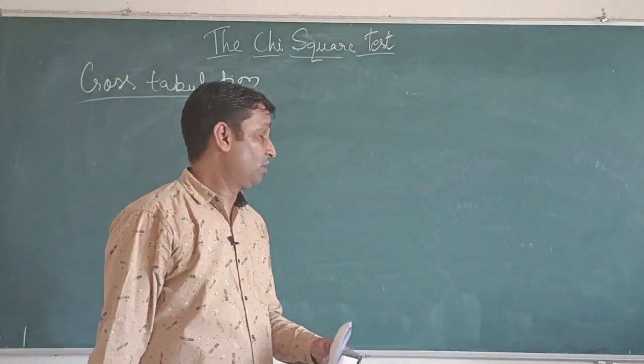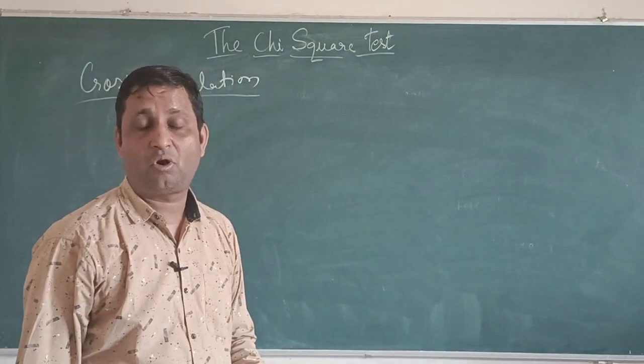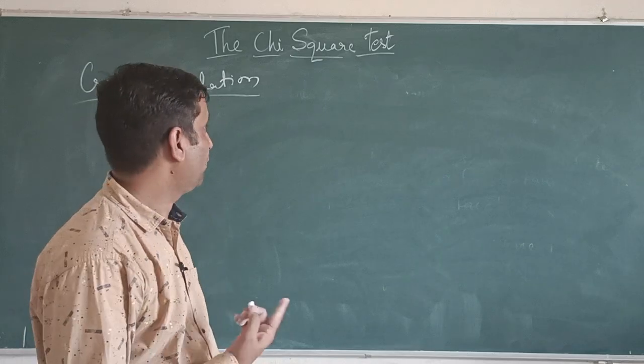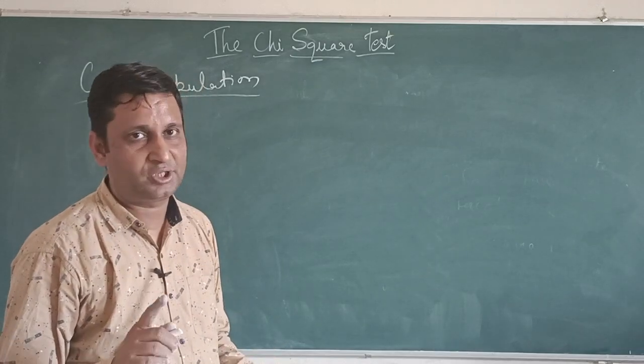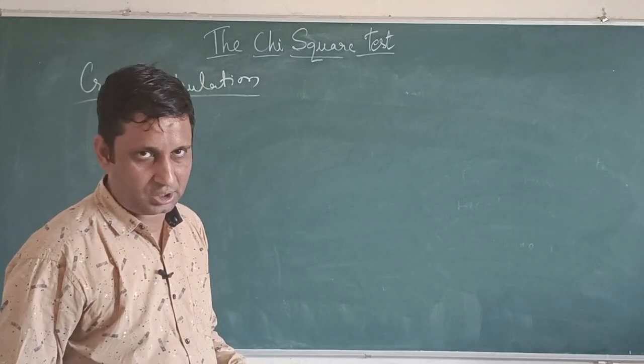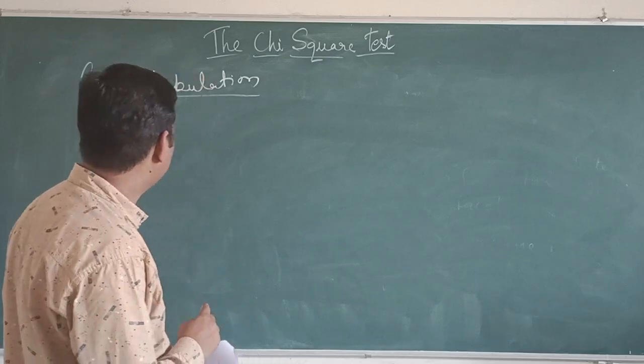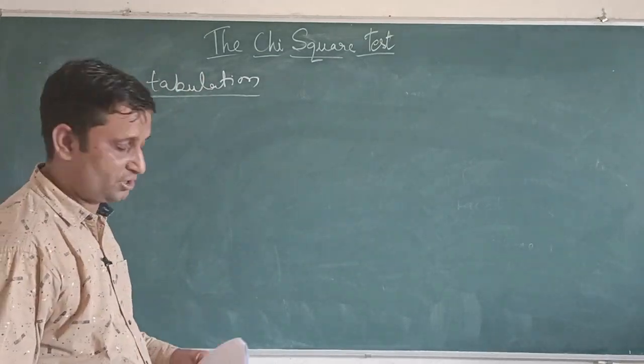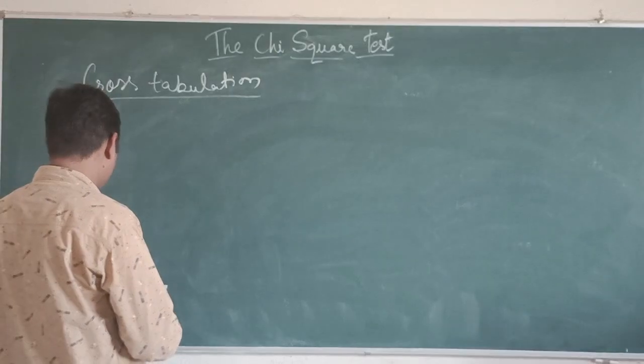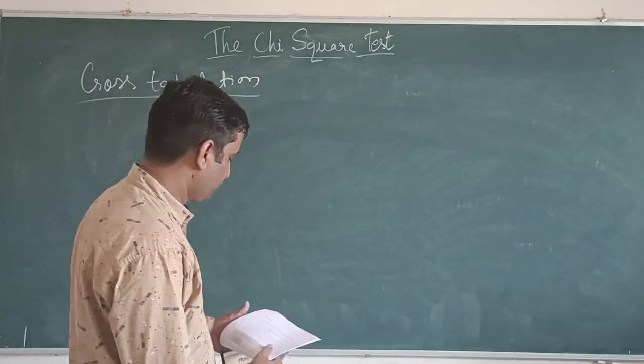Okay. For example, we will look over the cross tabulations, because we already said the chi-square table is a study of a two-way statistical table. First one, we know it is a cross tabulation. We can say the cross tabulations.